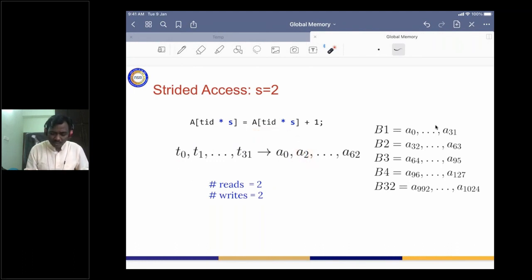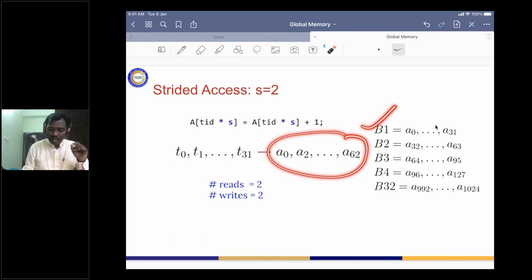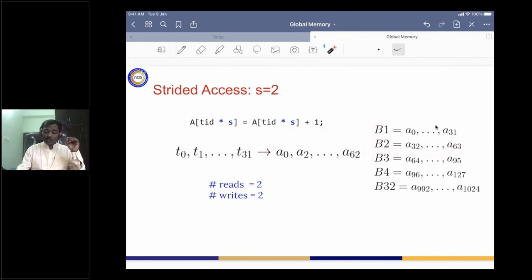Now let us go to thread 31: 31 multiplied by 2 is going to access A62. What is the careful observation here? When S is 2, all these 32 threads are going to access A0 to A62, and some of these elements are available in B0 and some in B2. Which means when S is 2, we are going to access these two blocks.